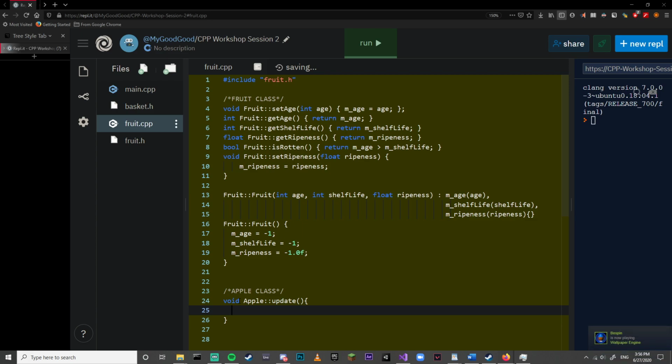For the update function, we're going to do set age as get age plus 1, and if not is rotten,